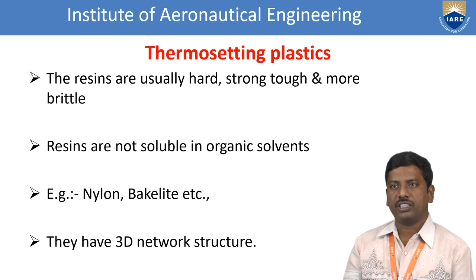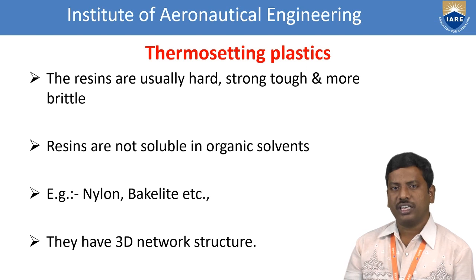After that, we see some other properties of the thermosetting plastics. The resins are usually hard, strong, tough, and more brittle. So the resins are usually hard and strong, tough material. After that, we see the more brittle nature. The resins are not soluble in the organic solvents. What are the examples of the thermosetting plastics? Nylon and